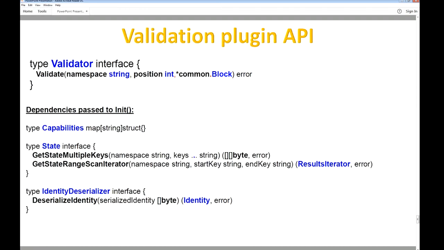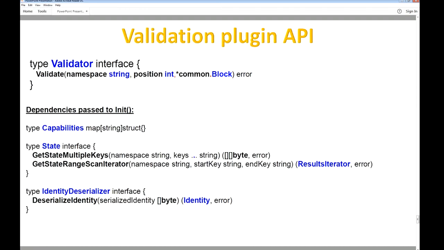And then also it would have the position of the transaction in the block. And the dependencies passed to it would be capabilities, because as Fabric evolves, it adds more capabilities, and we need capabilities in peers to be in sync for determinism. And also,